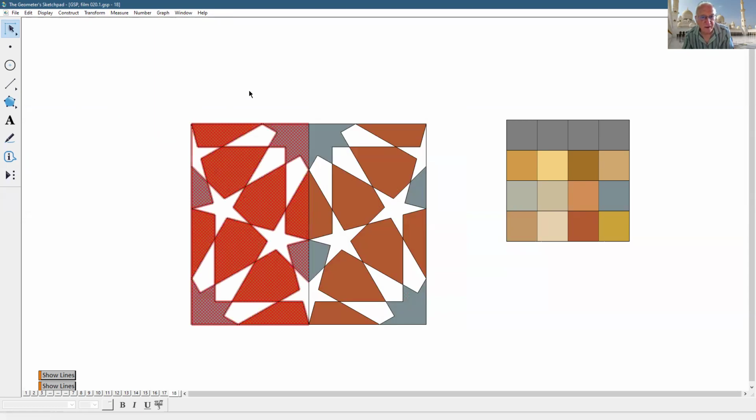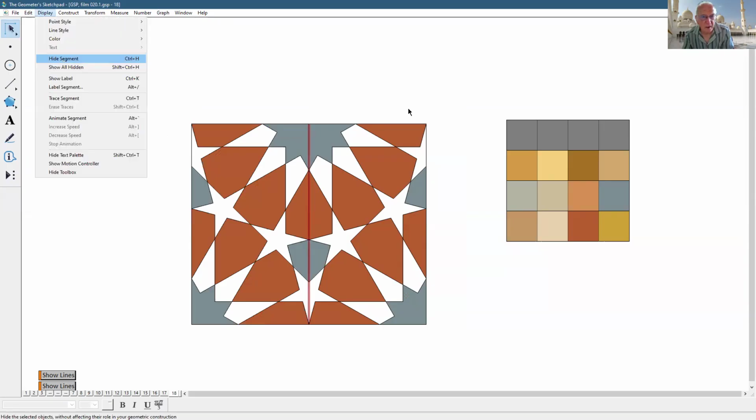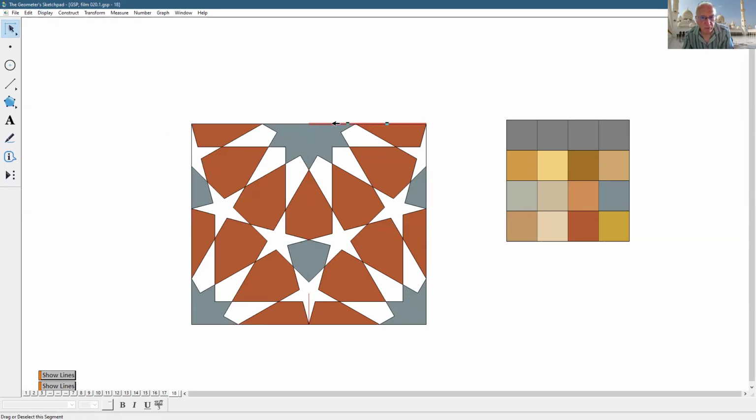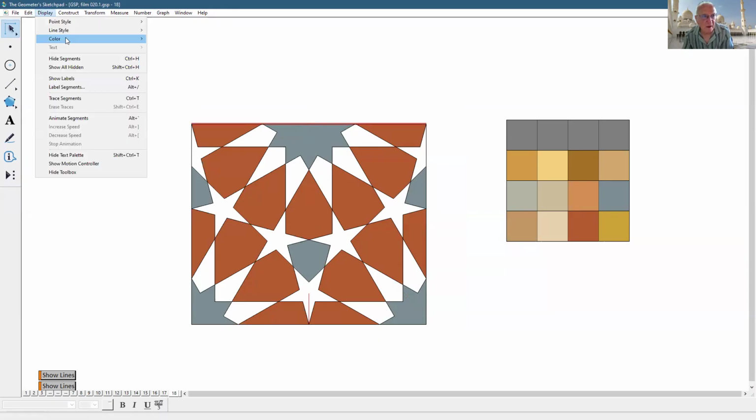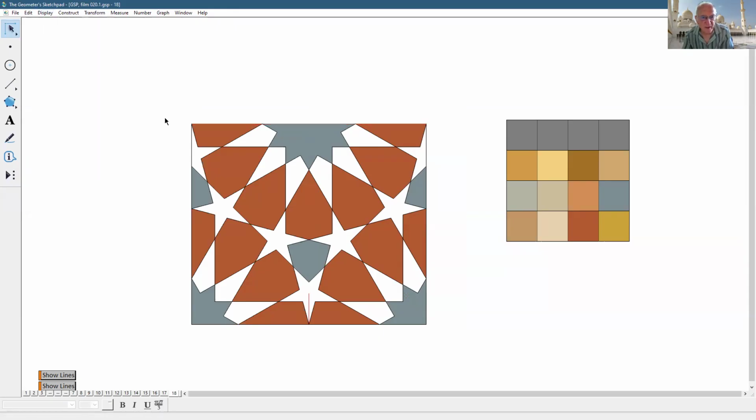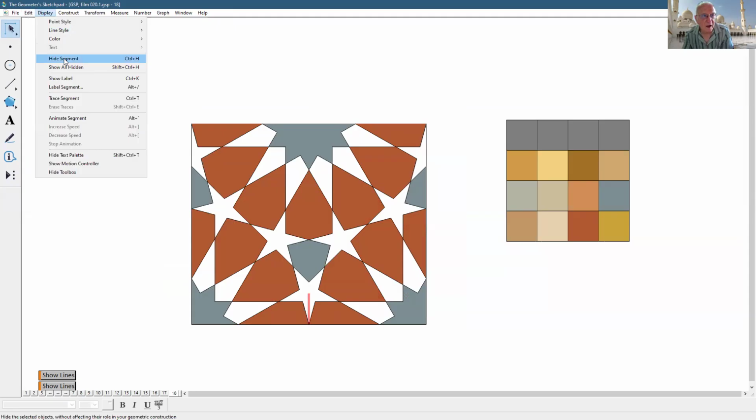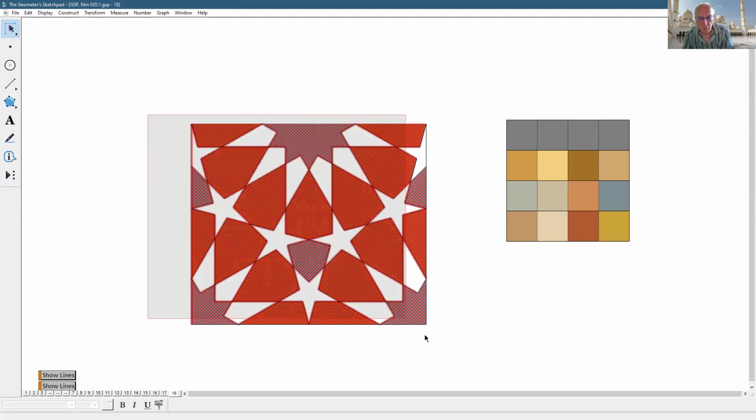Transform, reflect. You see I got this part. Now double click, remove these two segments, hide these segments, and now what? Okay, there is one segment left. Display, hide this segment, and now what you do,